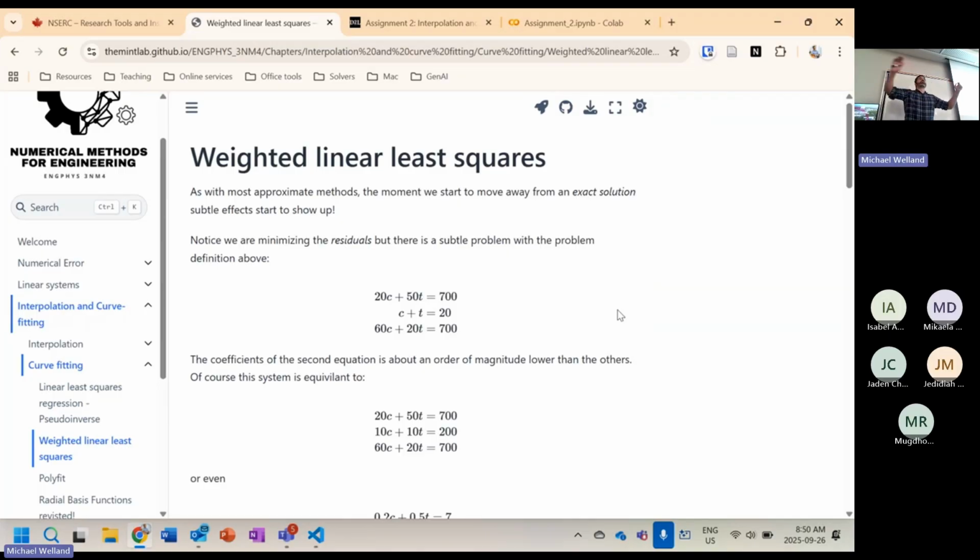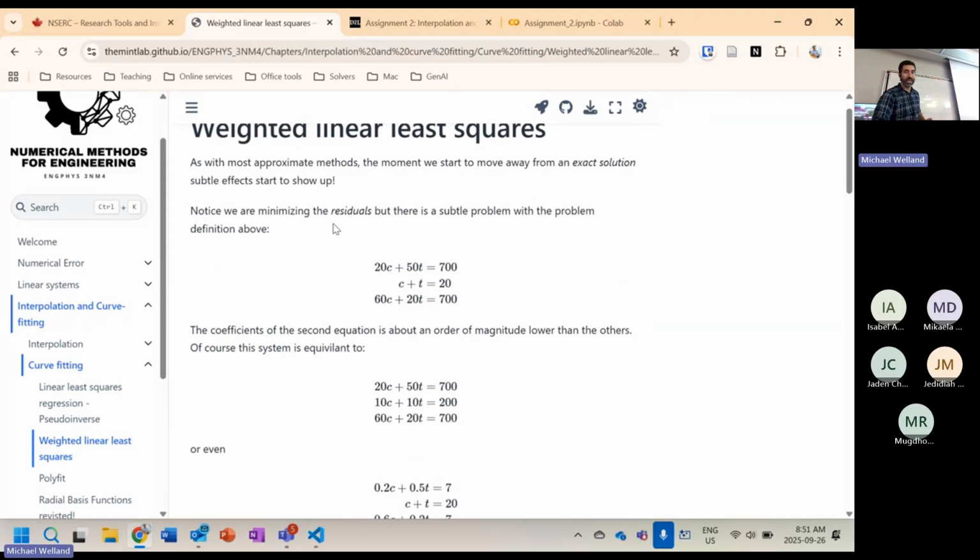As a general rule, with any kind of approximate methods, it's kind of implied that approximate means you're going to be sacrificing something. And whenever you sacrifice something, there's going to be some kind of dial associated with that something that you can turn up and down. It's kind of the user's choice, with vague directions on how to turn those dials up and down in order to get a solution. In this case,